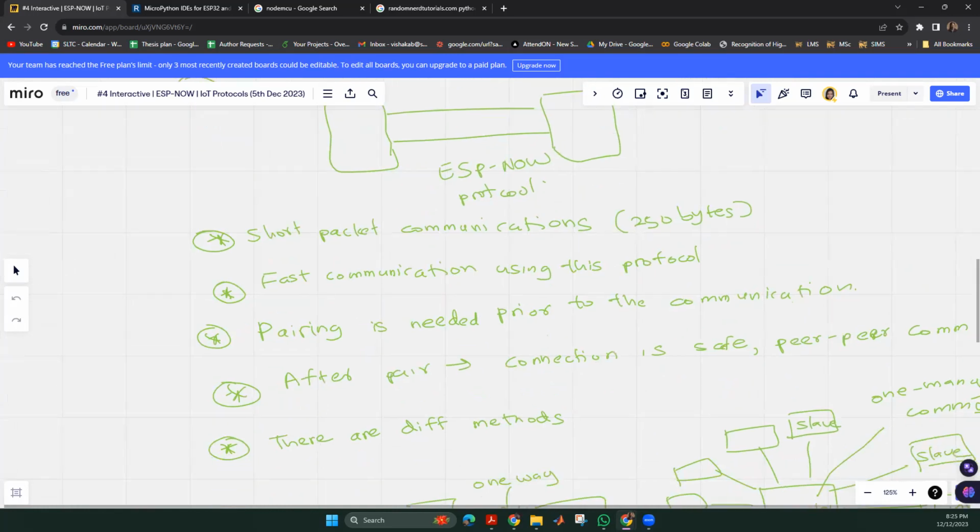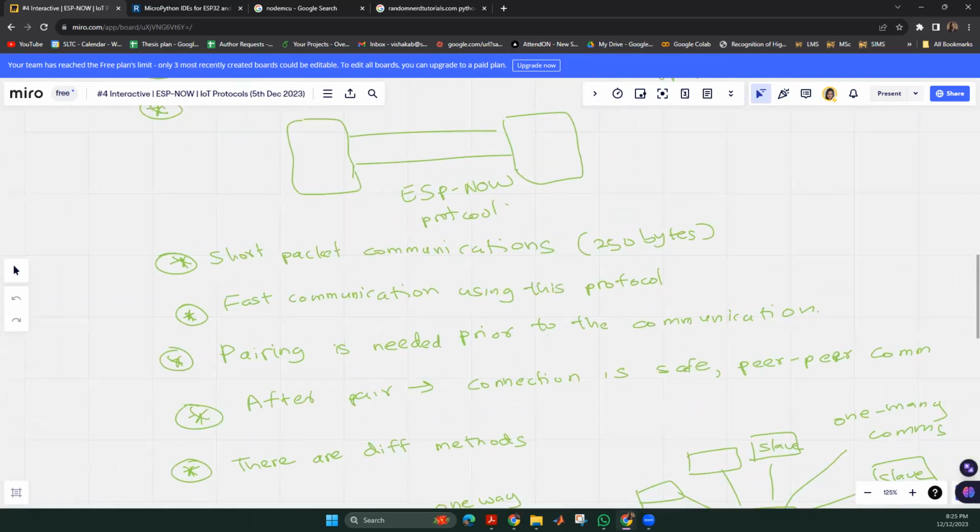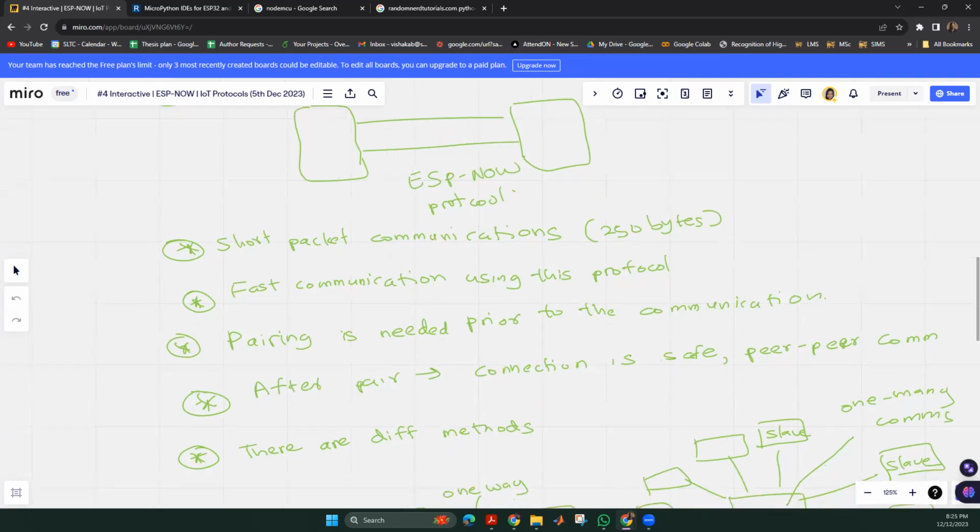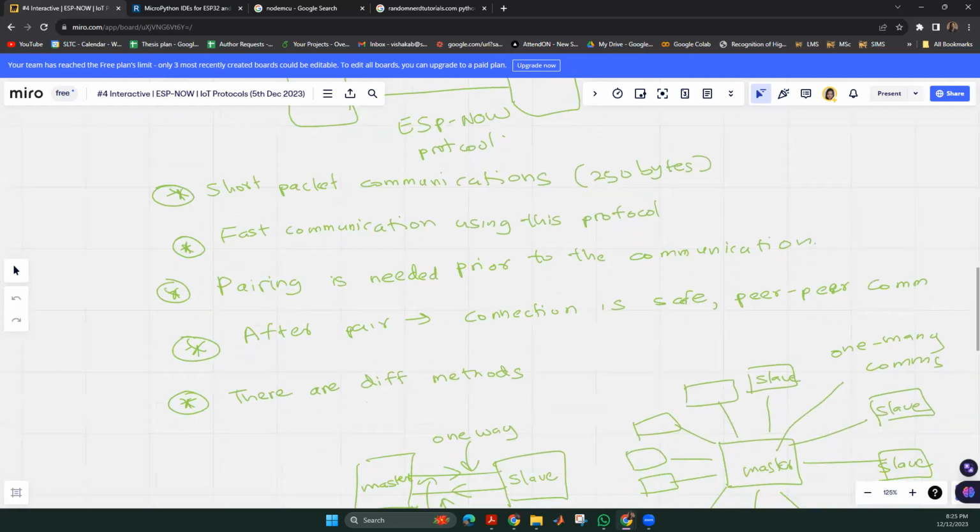So in the pairing stage, such initial communication will be done between these microcontrollers, and the initial configuration that is needed to establish data communication will be completed during the initial stage of their communication. So pairing is needed prior to the communication.